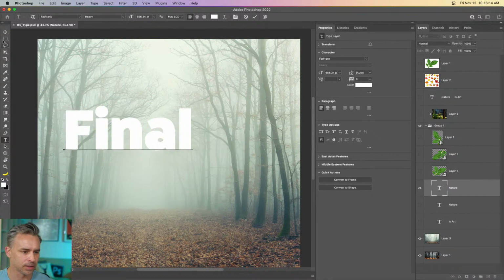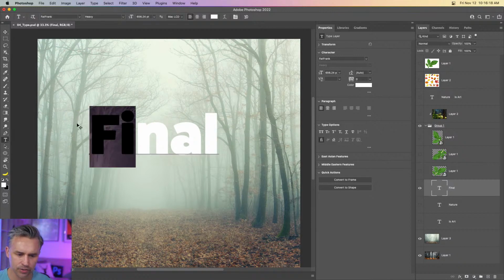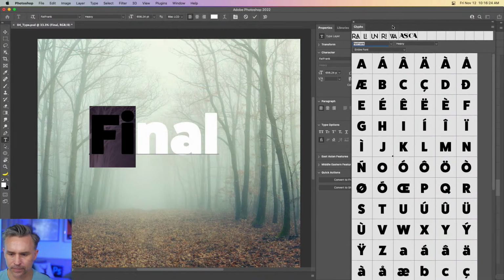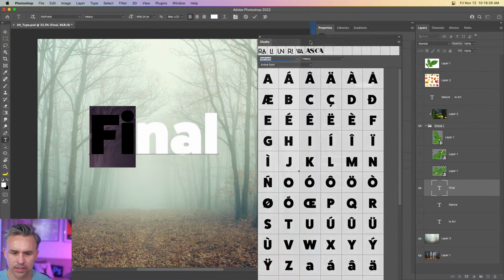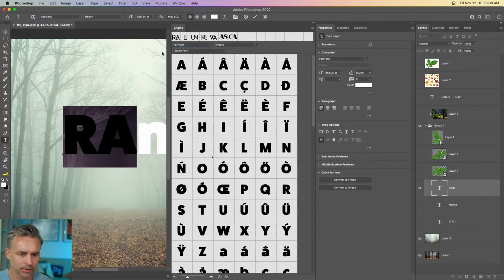You know, we'll just take this word, final, for instance. And it's going to be ligatures that combine these two letters. So let's open up our glyphs panel. Okay, and we can see I have this lovely one. What is that font? That is Catalina.